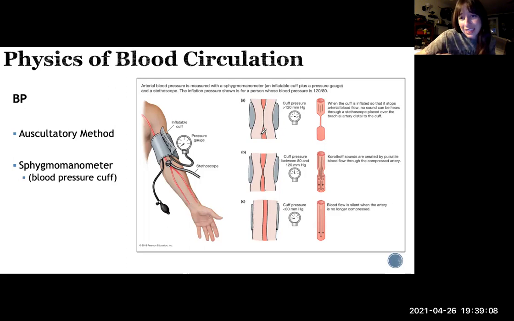You don't leave it like that, and you don't measure a blood pulse at this point. What you do is you slowly release the pressure, and usually it's by spinning this little guy right here. You slowly release the air out of the cuff, which slowly releases the pressure. As soon as there's enough of a gap for blood to pass through the artery again, you will hear a loud pulse through your stethoscope where you are listening here in the crook of the elbow at that brachial artery